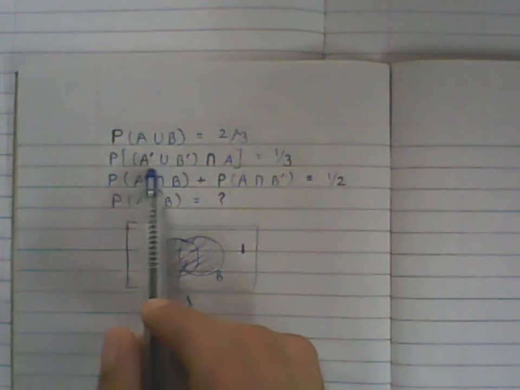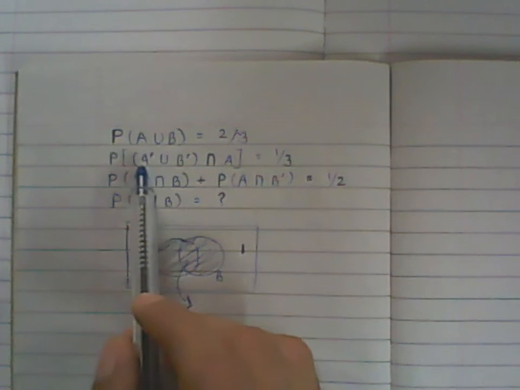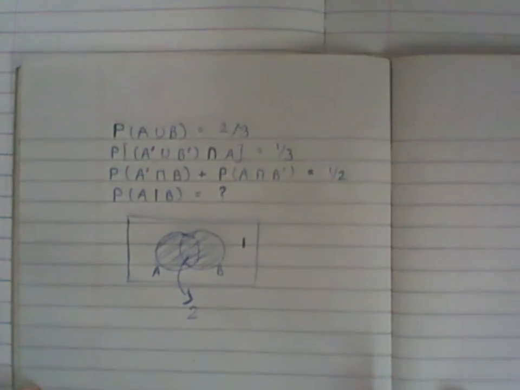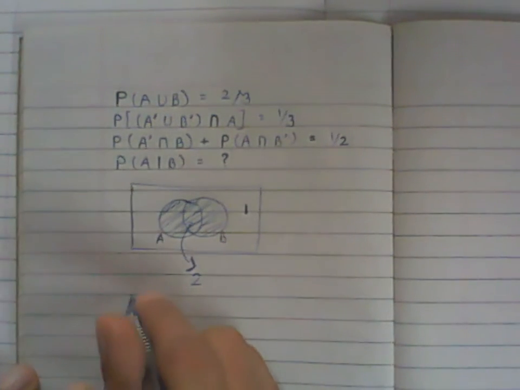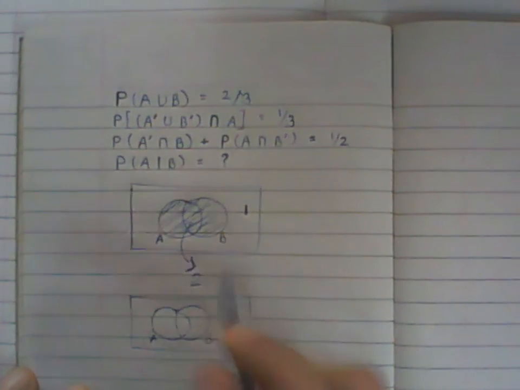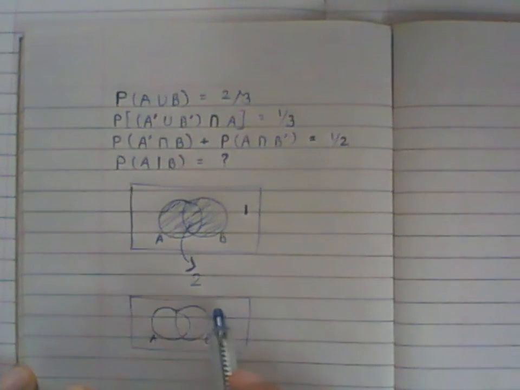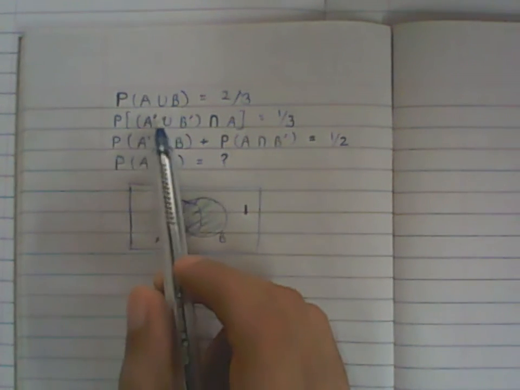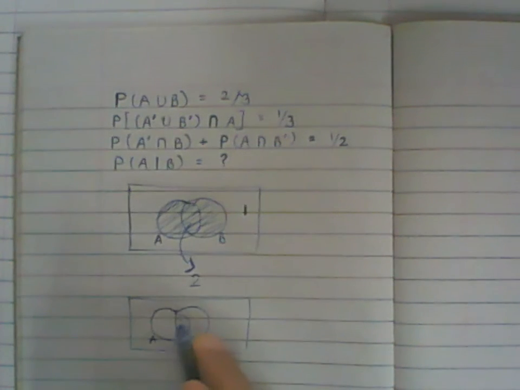The second part is a bit interesting. Now I want you to look at this very carefully. This is A complement union B complement, and if I want to make another diagram, that's even possible. If I have again A and B, now A complement is everything that's outside A, and B complement is everything that is outside B. So if I were to combine that together, taking the union, I would be having everything that is outside their intersection. And again, you can use De Morgan's law to say that this is actually (A intersection B) complement. So it is just the (A intersection B) complement.